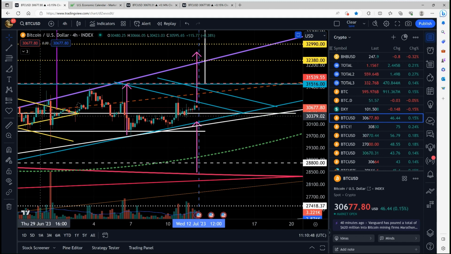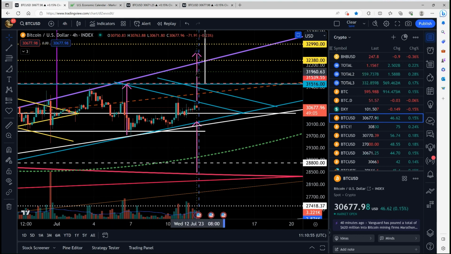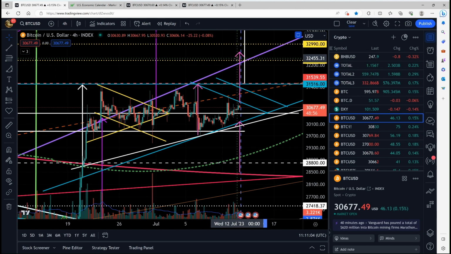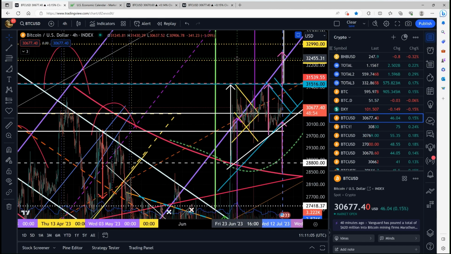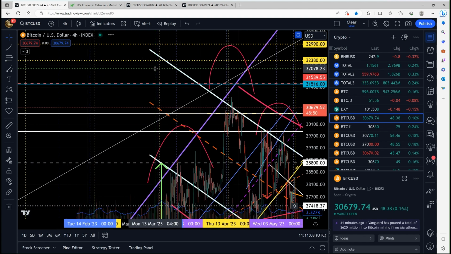The breakout target for that would be this leg of the triangle, which I've carried over here, and that puts us exactly in the center of these two dotted yellow horizontal lines, and the importance of those lines goes back here